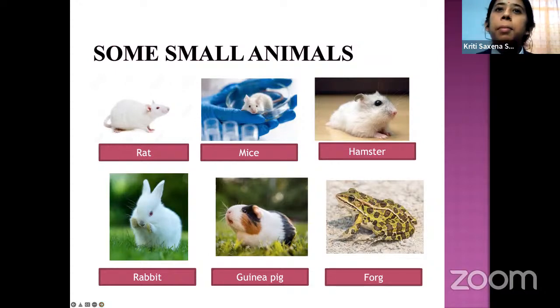Mice are a kind of very small and very fast animals. Each college or organization which has animal trial permission has to be licensed from CPCSEA, that is Committee for the Purpose of Control of Experiments on Animals. Hamsters, rabbits, guinea pigs. Guinea pigs are very sensitive for antihistaminic drugs, while rabbits are generally used in pyrogen testing for sterile preparations.